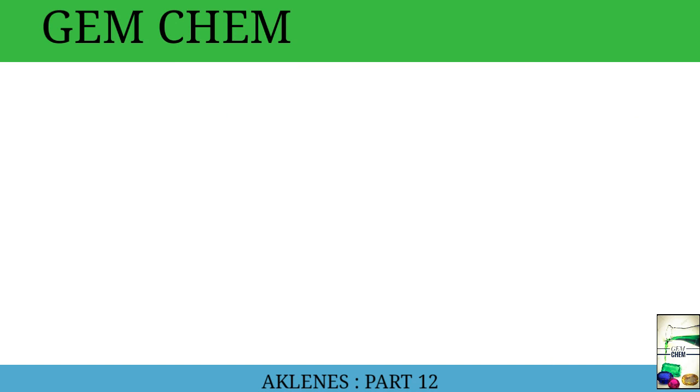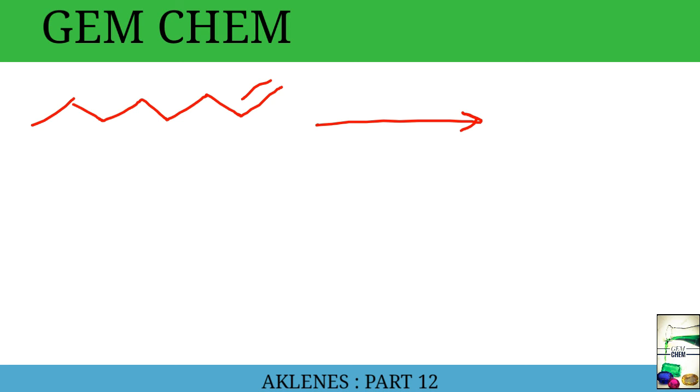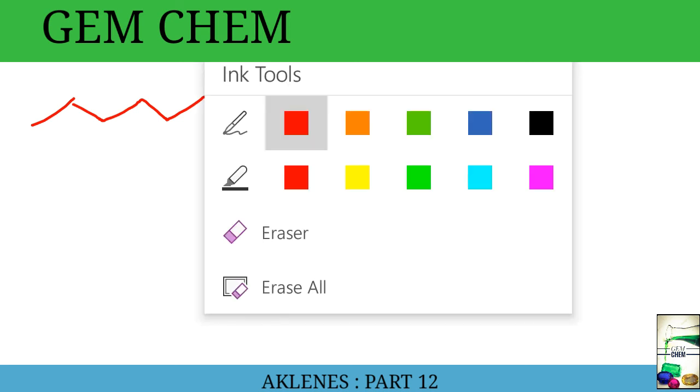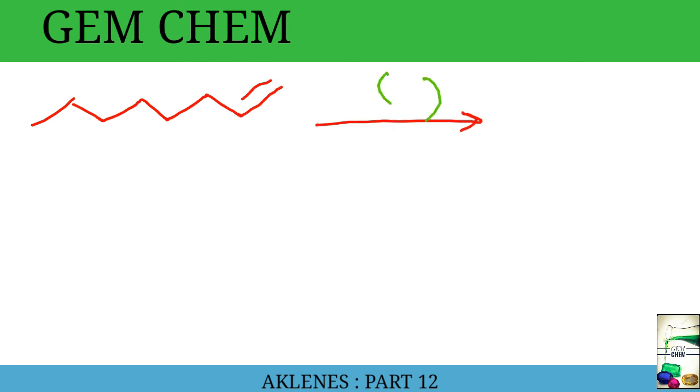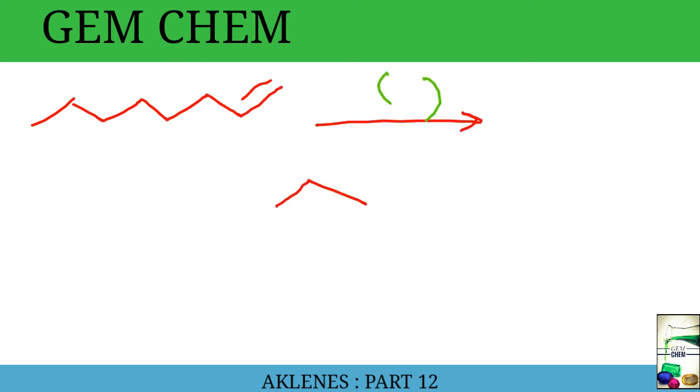Next, how the reaction takes place. So suppose we take this kind of alkene and add the reagent that we have seen previously. I am not writing the reagent, this is the reagent total. So we are adding that green reagent here. Ultimately what will we obtain? We will obtain the desired product, and the hydroxylation will take place from the same side.